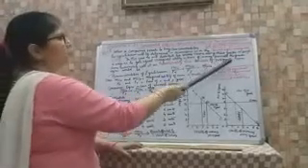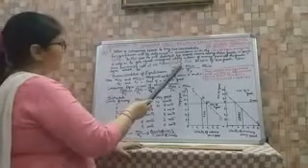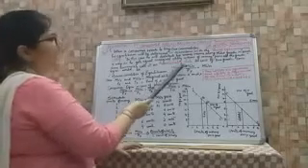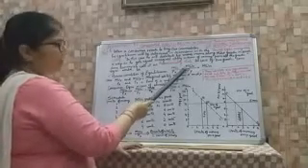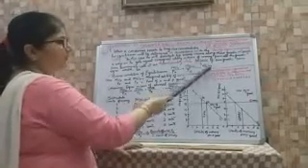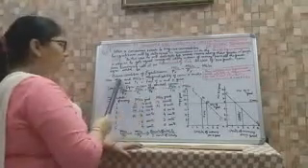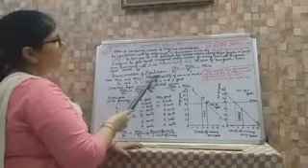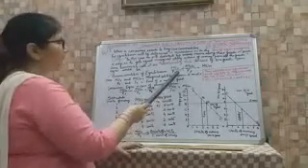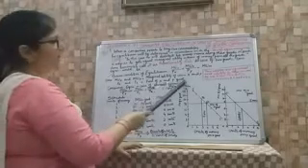In case of two goods, consumer equilibrium would be MUX over PX. The basic condition of equilibrium will be MUX over PX equals MUY over PY equals MUM. Here MUM is the marginal utility of money, the monetary income which a consumer is earning. So MUX and MUY will be the marginal utility of commodity X and Y, and PX and PY will be the price of X and Y goods.